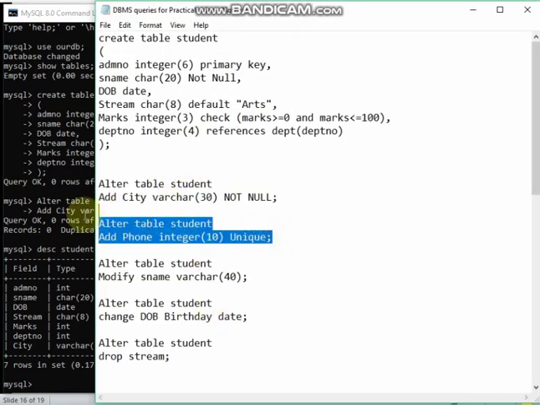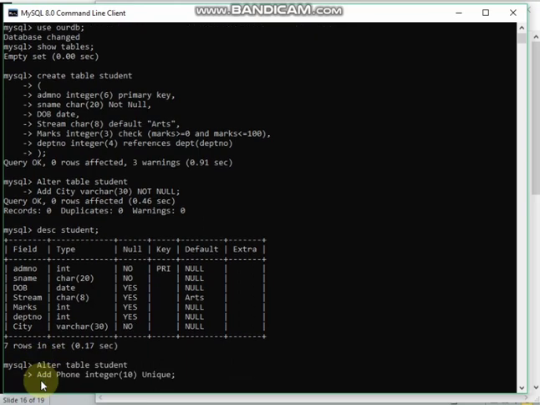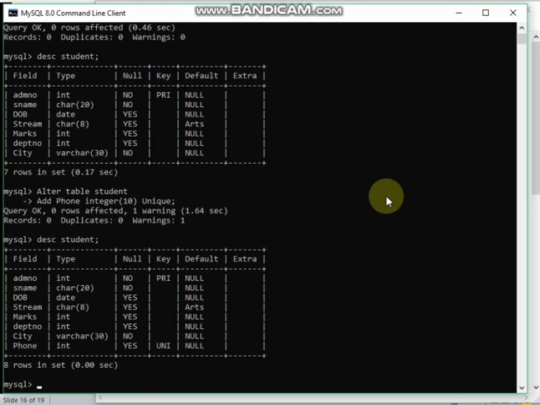The next query is alter table to add phone number. Okay, fine. If you click the up arrow, it will give you the queries which you have just run. So fine, phone is another field which has been added.